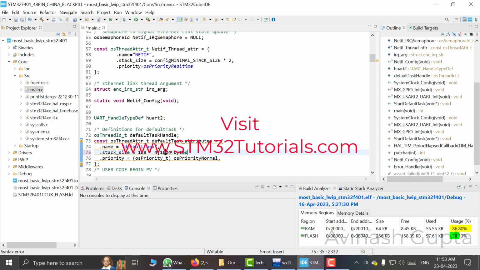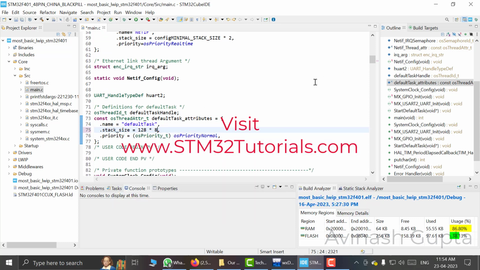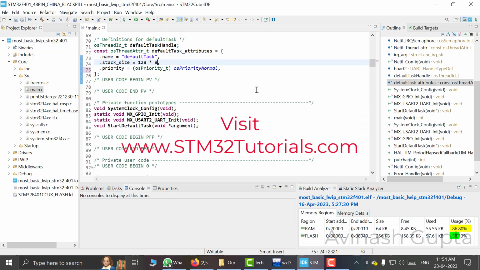So we should at least multiply this 128 by 8. So this much amount of stack is minimum required. So the first thing that we will do, we will increase the stack size of our default thread, and then we will scroll down,